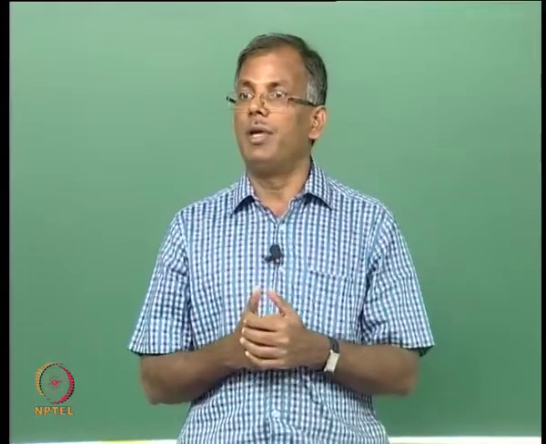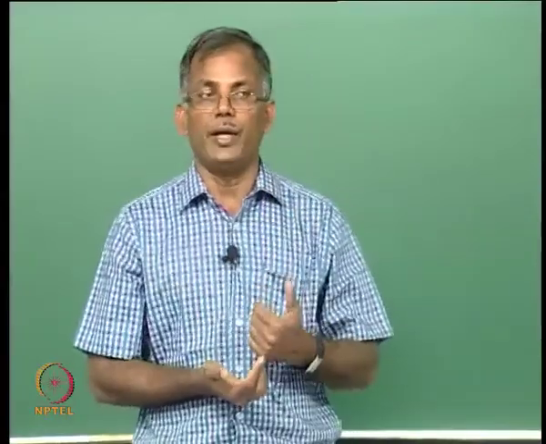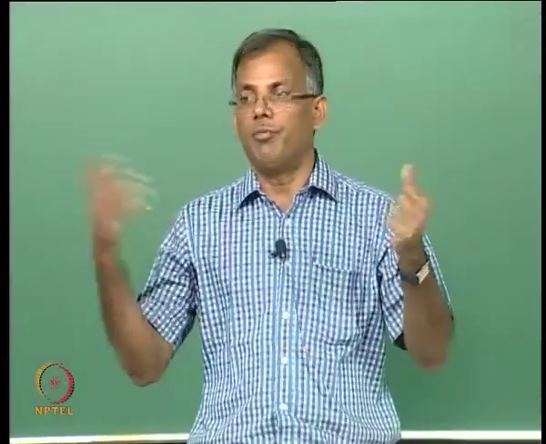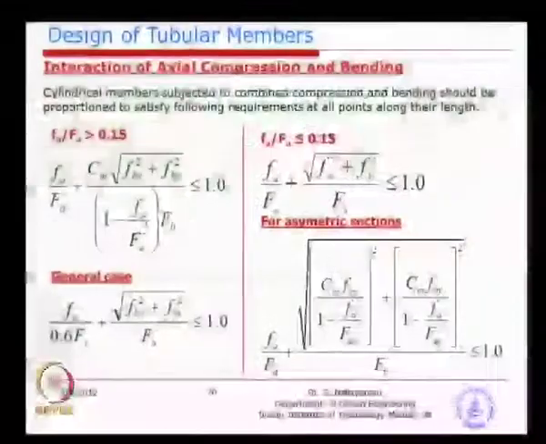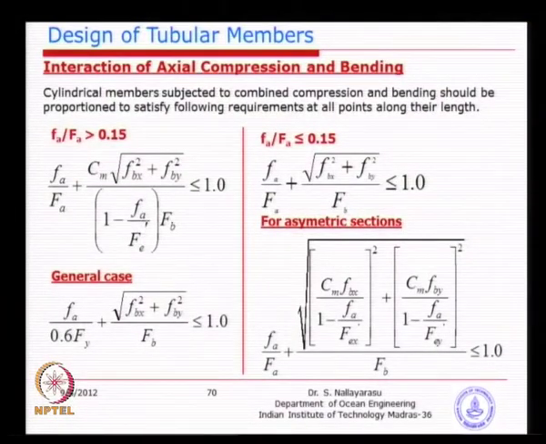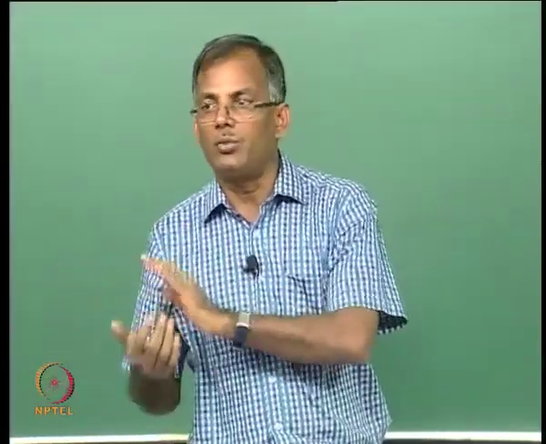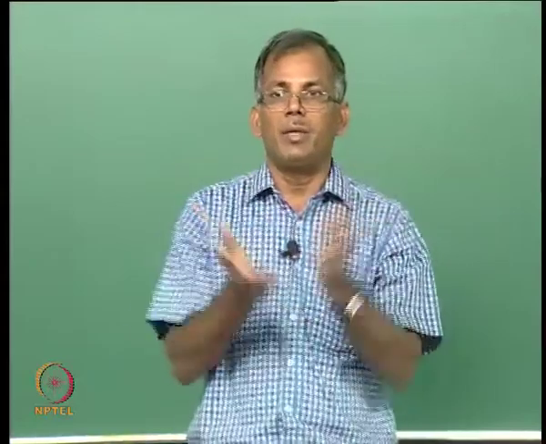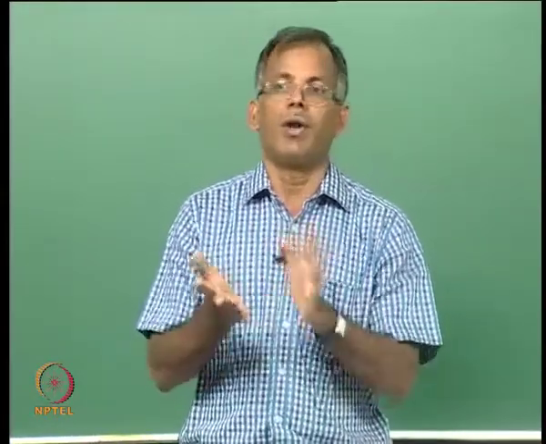So, there is every opportunity that we should actually combine the stresses. You can do it this way, FA plus FB, you can add them together as long as you can find a combined allowable stress. Can we find a combined allowable stress? Because axial stress is governed by buckling, local, global and slenderness, whereas the bending stress is governed by the diameter to wall thickness ratio. Nobody has developed an equation for a combined allowable stress so far.